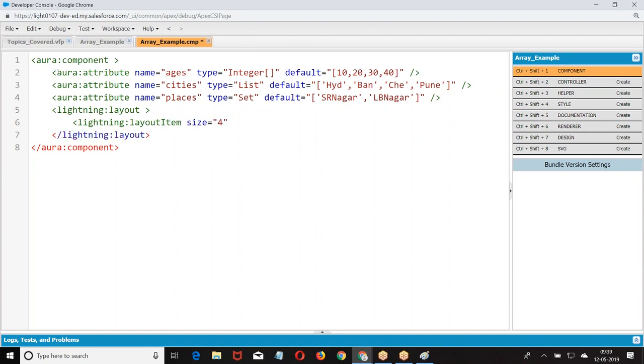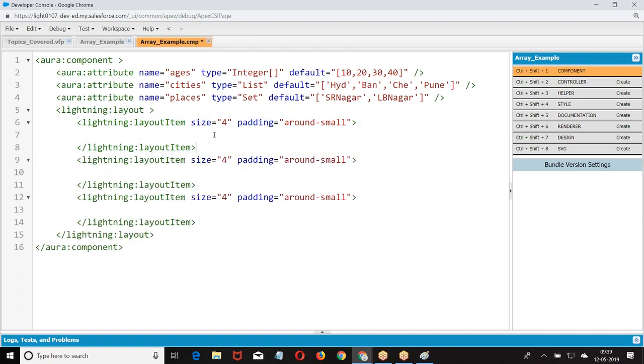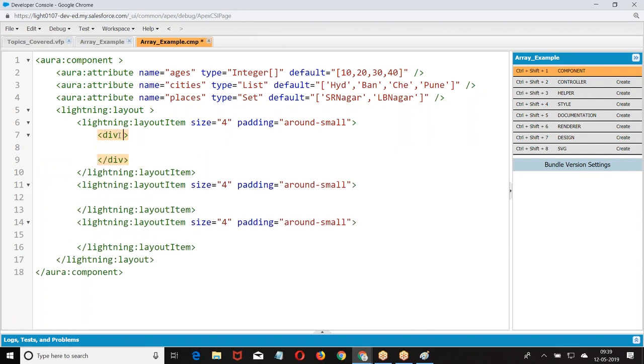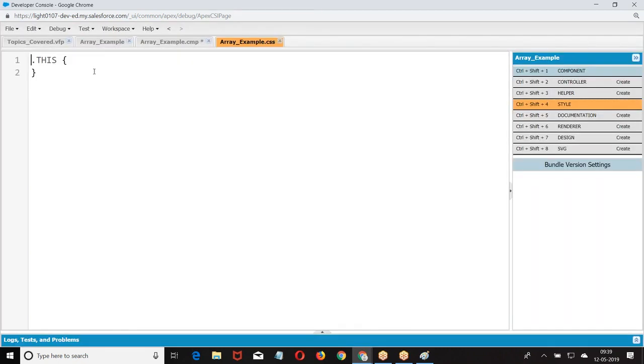Size equal to 4, padding, I have taken. And also I will give some div, because I need a border here. So we need to apply some style. Is it the inner one or the outer one? Inner one.